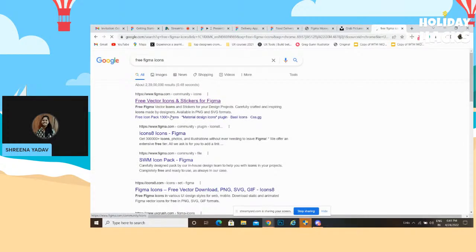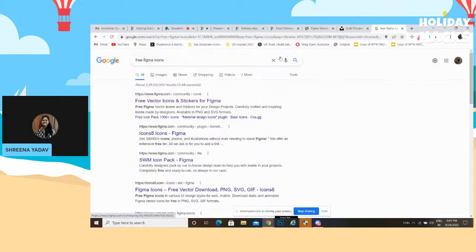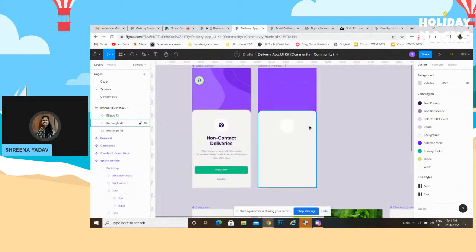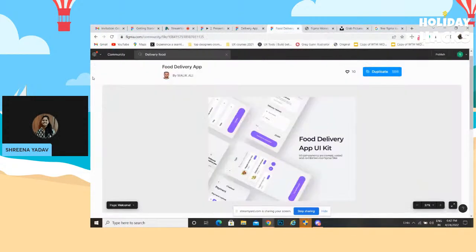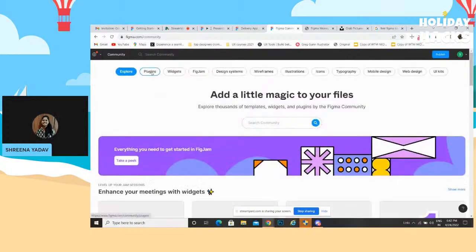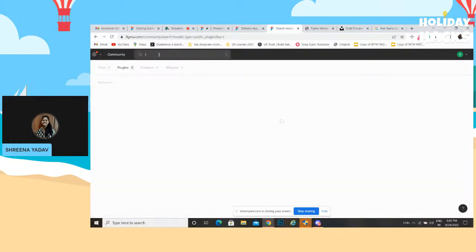See this, it's in the community, or you can download it from there, and then you can just copy and paste it on your file. So for now I'll show you, there is in community also, you'll get these icons. If you go in the community and go to the plugins, okay, and just write down icons, search for icon,